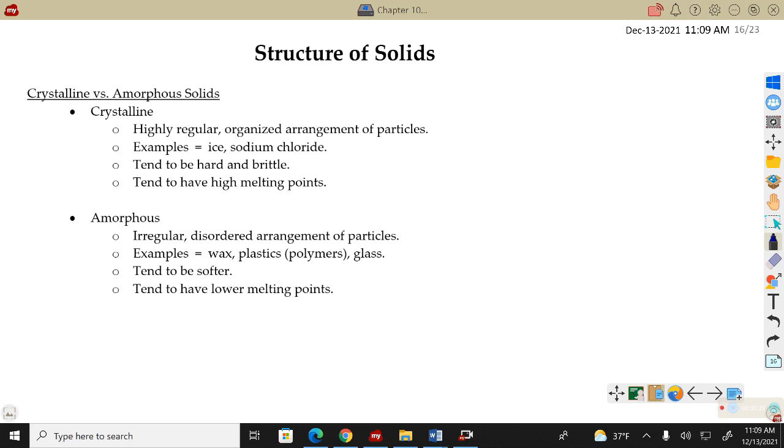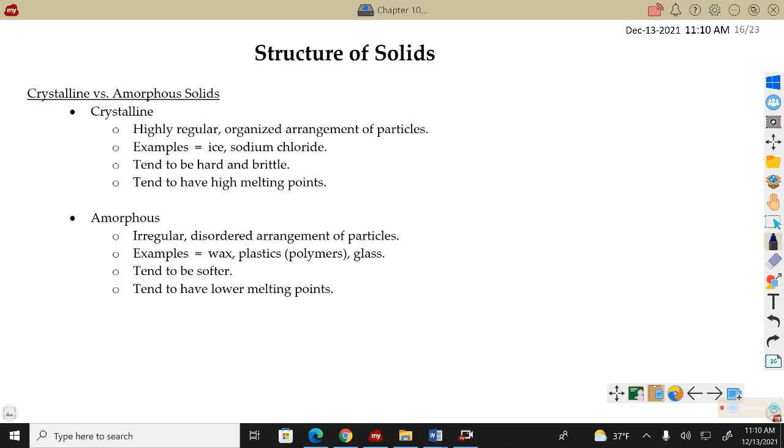First, we can classify solids in one of two categories, either crystalline or amorphous. Crystalline just meaning that the particles are very organized. Ionics are always referred to as crystals, where there's a very organized repeating pattern of oppositely charged ions. They're often brittle and hard and dense and have very high melting points because there's strong attraction amongst these particles